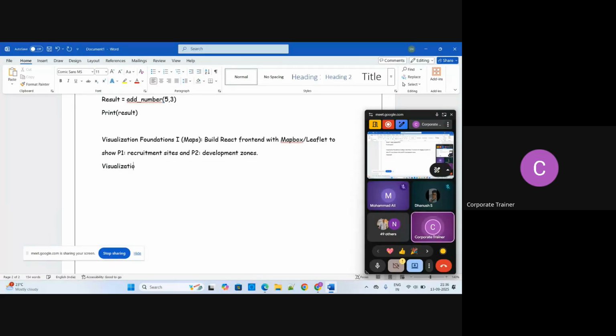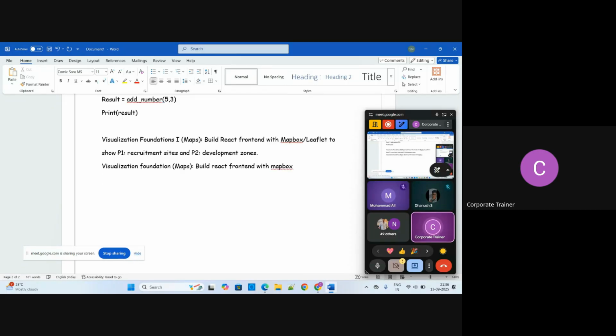Visualization foundation: maps. So you have to build a React front end with Mapbox.